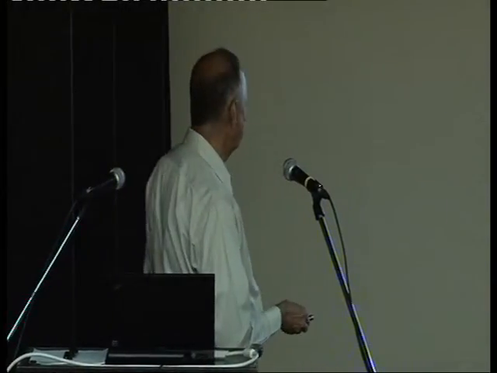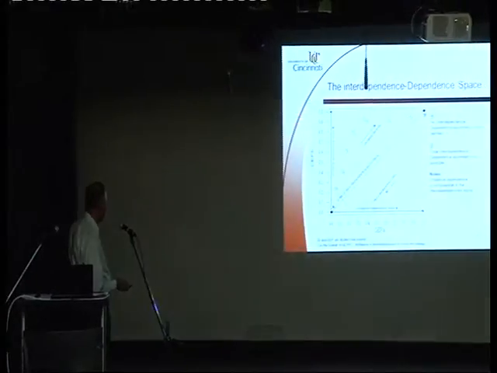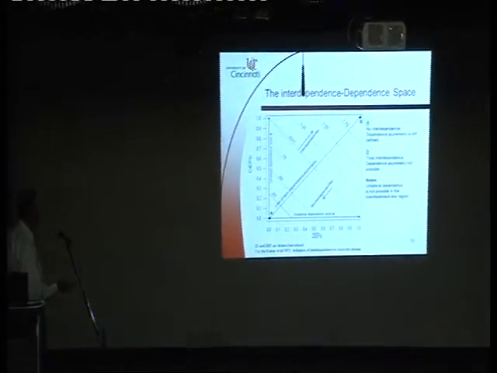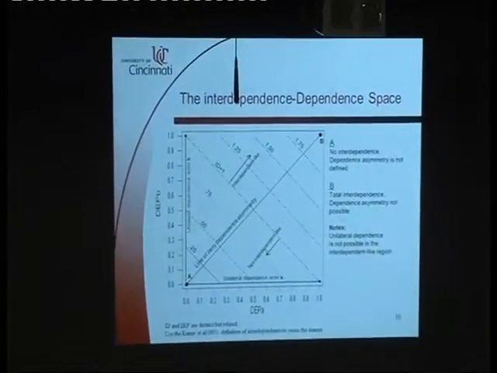Dependence of A, dependence of B in the relationship. That is, A can be the supplier, B can be the manufacturer, or any other way. Now, interdependence and dependency are distinct but related. We use Kumar et al.'s definition of interdependence to create the domain. If you look at the point A,